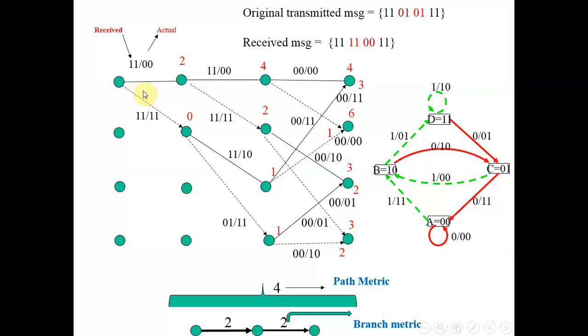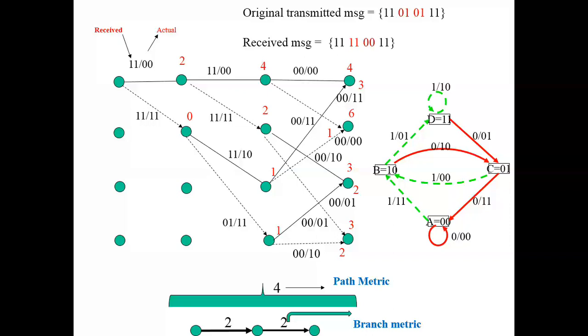Now in Viterbi we evaluate all the states. That is the difference between sequential decoding and Viterbi decoding. In sequential decoding, it's not necessary that you evaluate all the states. What we do in sequential decoding is we follow a path, we continue the path till my error count is equal to the threshold. If it is equal to the threshold, you revert your decision and you take the alternative route and somehow you get the correct route. Now in Viterbi decoding, we evaluate all the states, right?